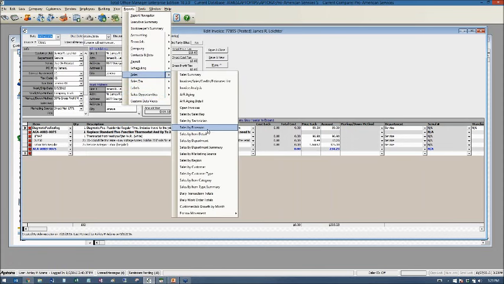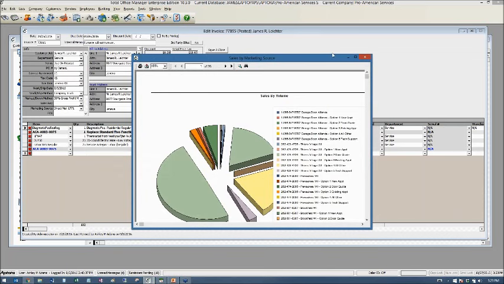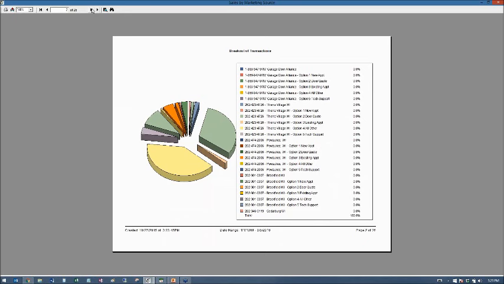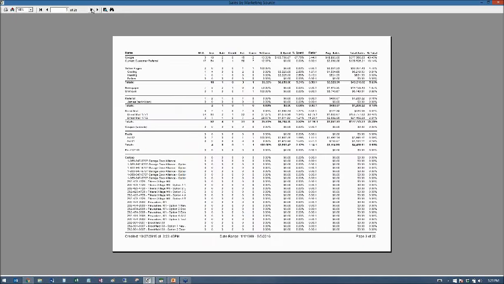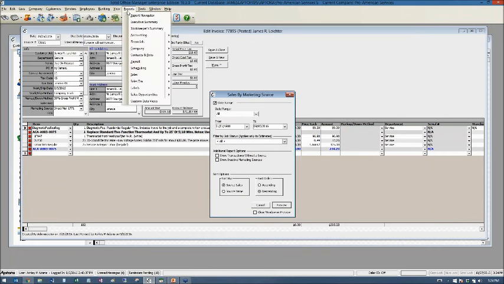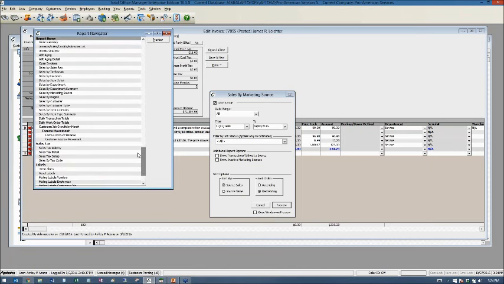So if you're interested in seeing how your marketing is performing, then you would just pick a report. We'll see if I have any info in this report. Oh, I do. Good. All right, so here's our marketing report. Oh, 26 pages. I got 26 pages of marketing information in this report. So this would show you how effectively your marketing is doing in one report. There's, as I mentioned, reports on sales, closure rates by product category, by salespeople, etc. There are over 420 reports, as I mentioned, so there's no way I can show you all the reports that are in the software,